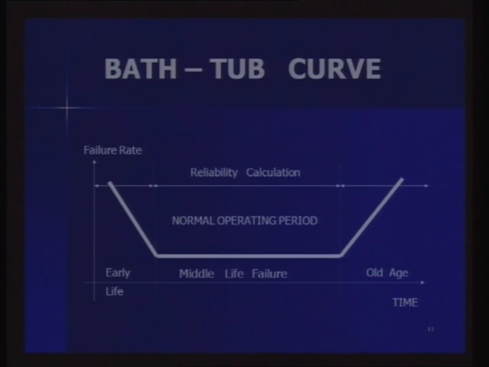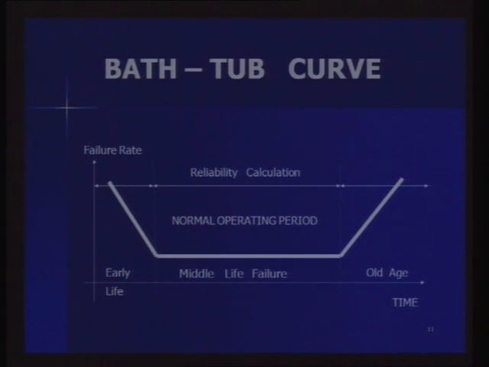And then in middle life, the failure rate more or less remains constant. So we can say that for a child up to 8 years, it is early life where the failure rate initially is very high, gradually comes down, and from that up to say 60-65, it is a constant failure rate,